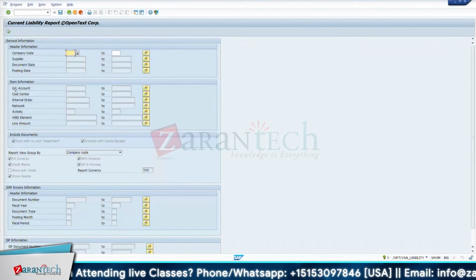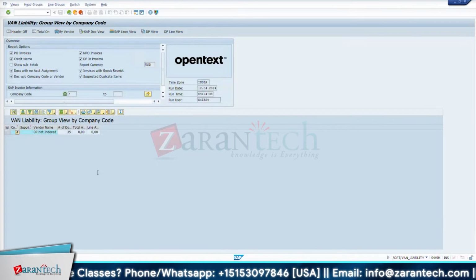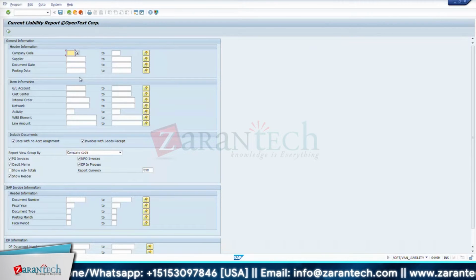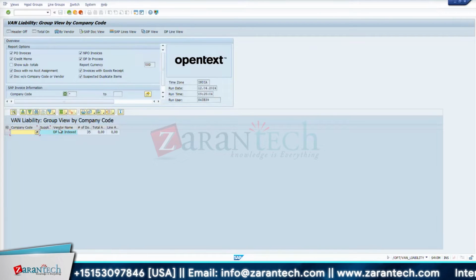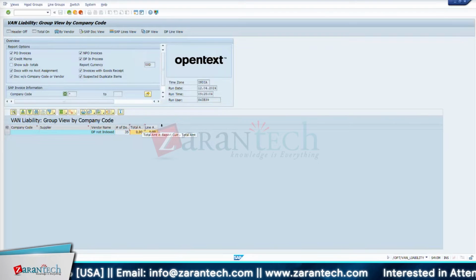The main code is mandatory. Okay, so there is not much data in the system. We will see. The company code and supplier are not utilized, and these are the number of documents and total amount and